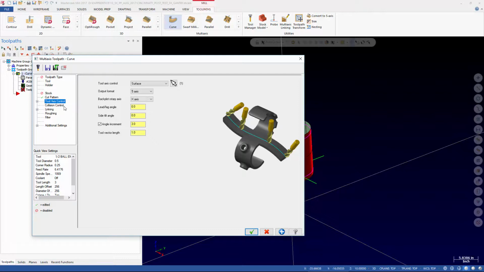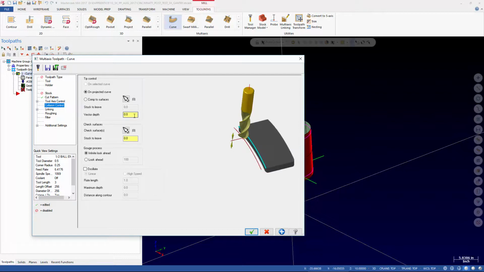So, where are we at here? Collision control, vector depth. In this case, we can either do tip control on the projected curve, or we can compensate to a set of surfaces. And this comp surface doesn't necessarily have to be the same as the drive surface. And that's one of the real kind of tricks and benefits of 5-axis, is being able to choose a cut